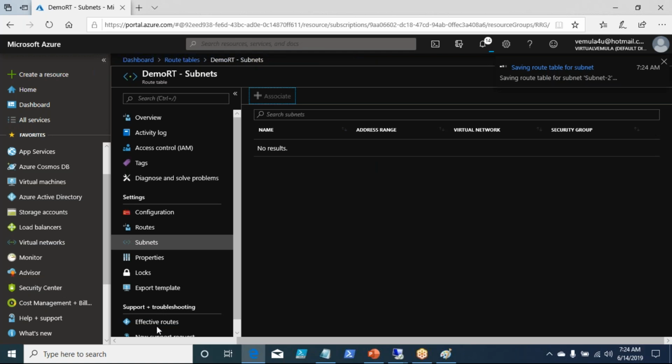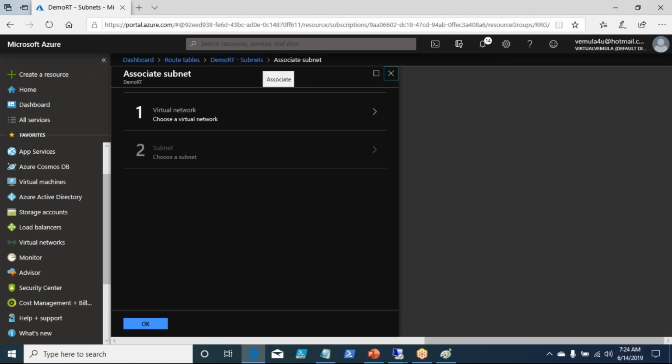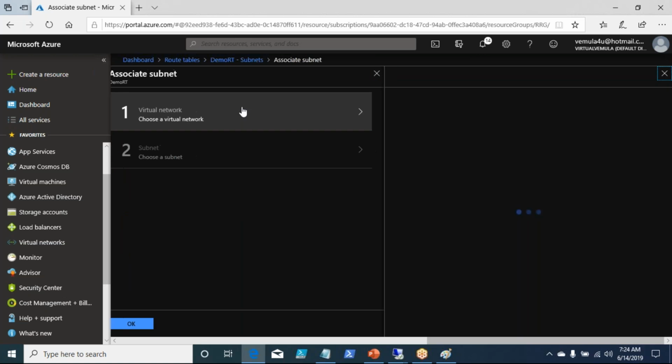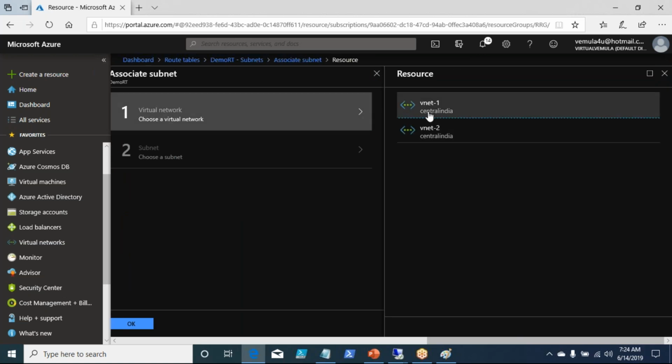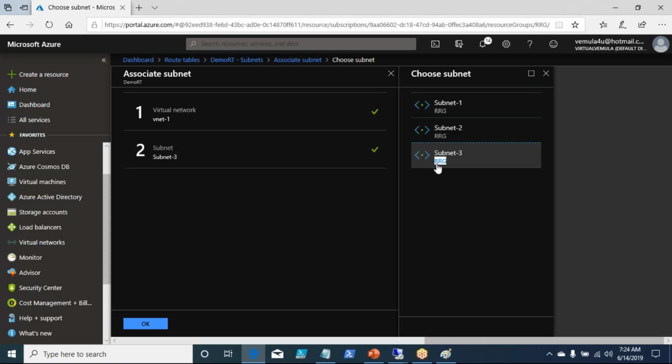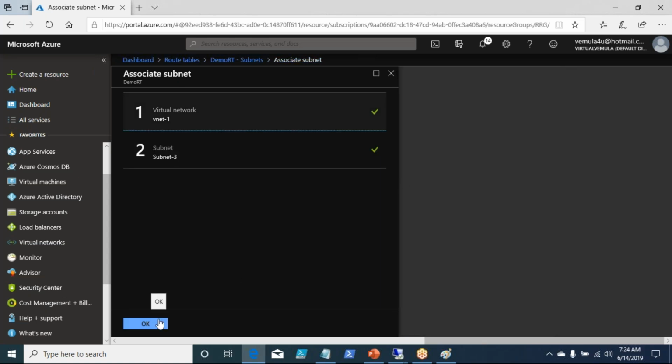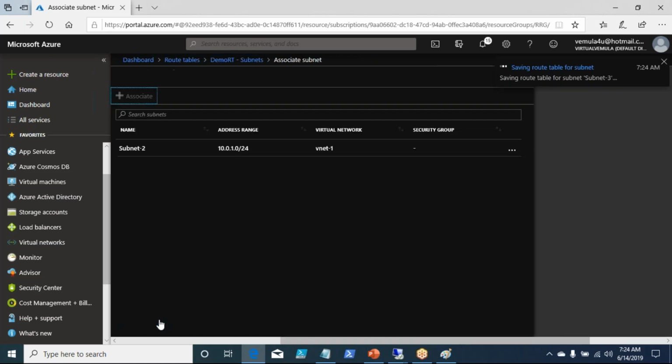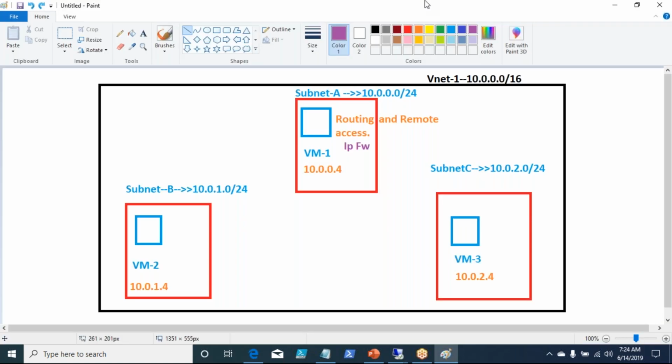Go and associate it. And we'll also associate that to the other subnet within virtual network VNet1. Let me associate VNet1, and then select subnet 3. Now you associate it. So B is 2, C is 3, and subnet A is subnet 1.